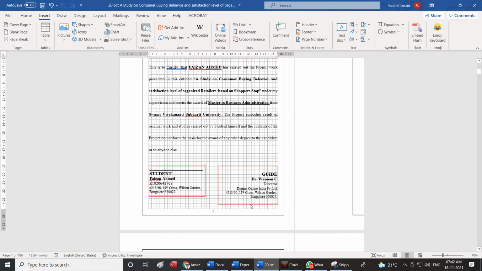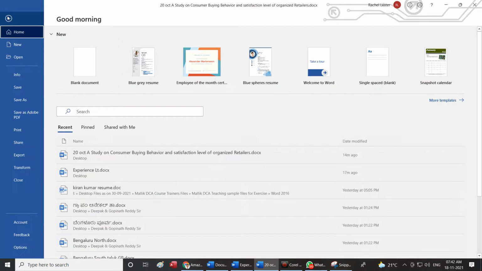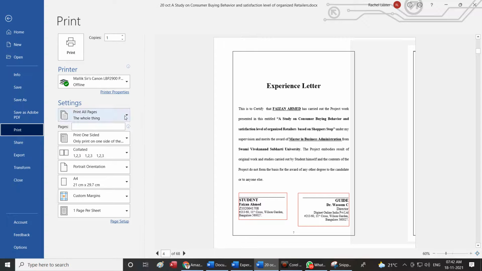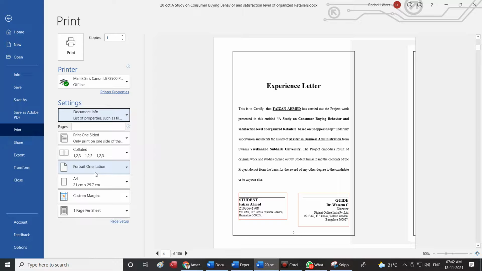Assuming I open this project, because a lot of work has been going on in this project, which has 106 pages, I can come to the file tab, I can go to the print option. In print option there is a place where we say print all the document info. The moment I come to print the document info, and then I switch on the printer, you will be surprised.